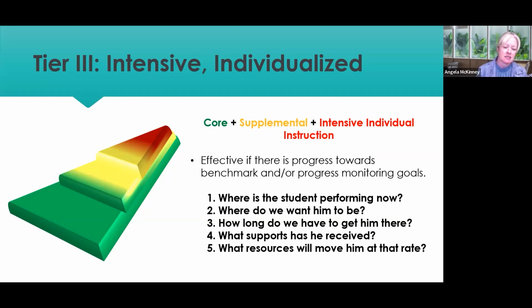There is a nice module on the National Center for Intensive Intervention, which is listed on the Padlet as intensiveintervention.org. There's a nice module on data-based individualization, which a lot of that focuses on how do we ramp things up from tier 2 to tier 3. And so I would encourage you to look at that if you have time. They do a really good training on that.